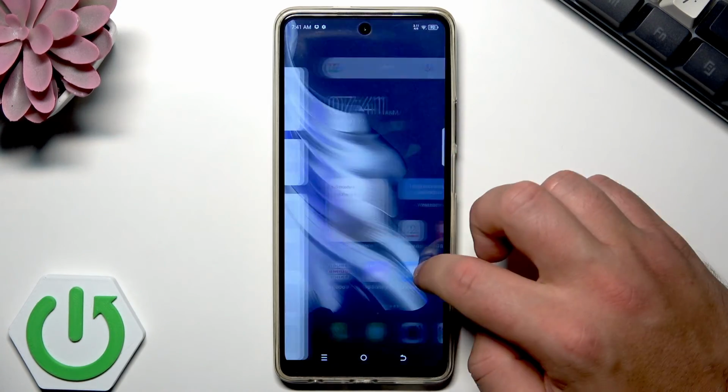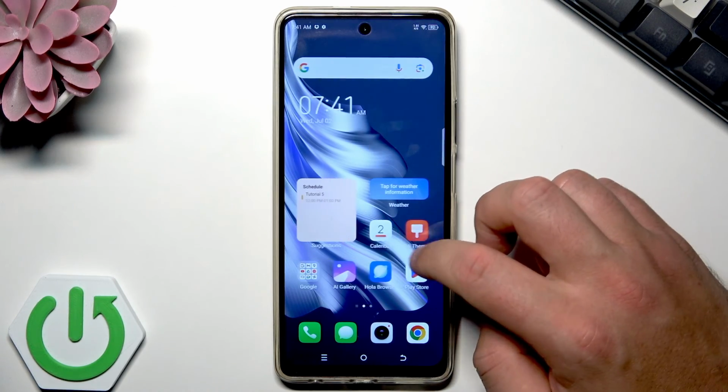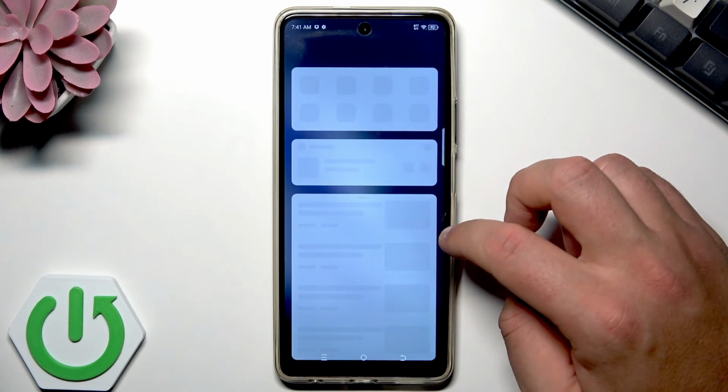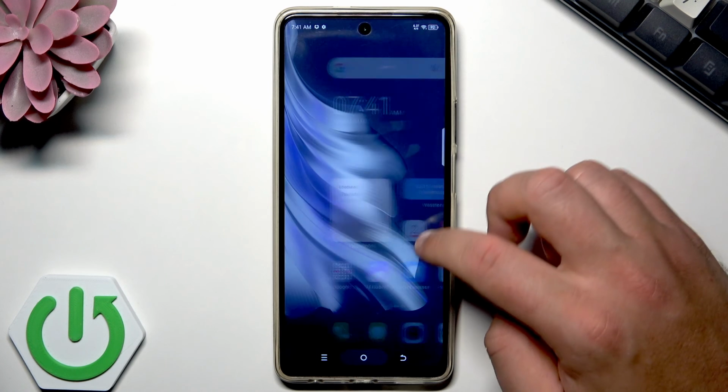So that's it. Those are the best AI tools, the best AI suggestions that you can use on your TECNO